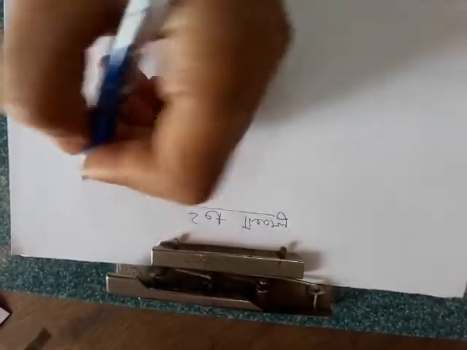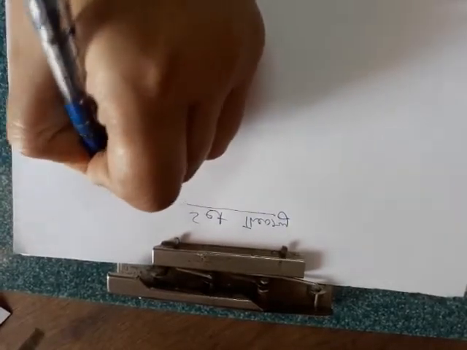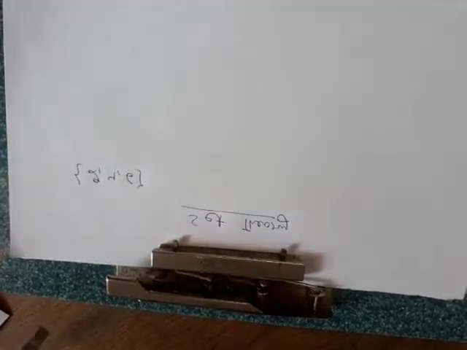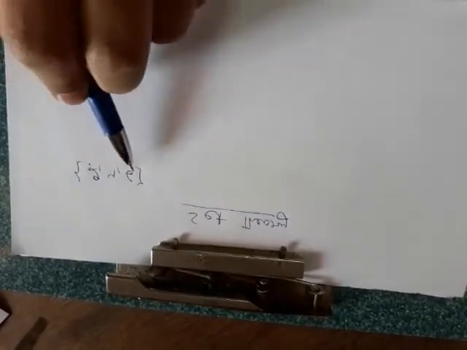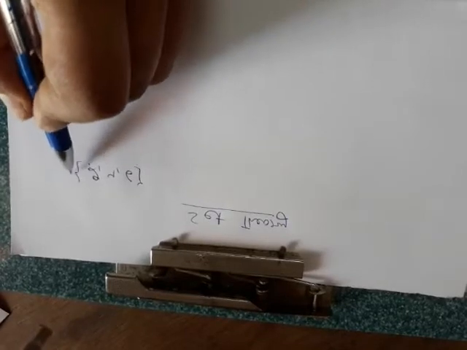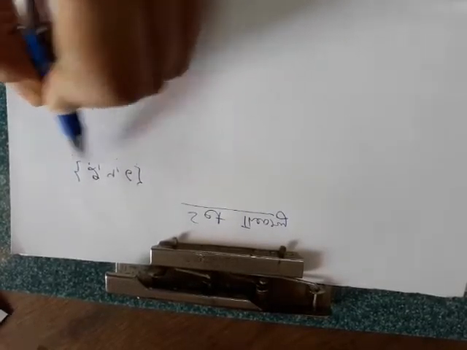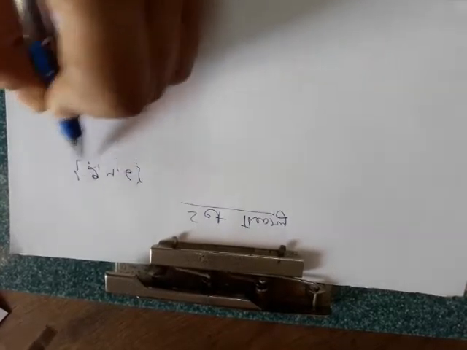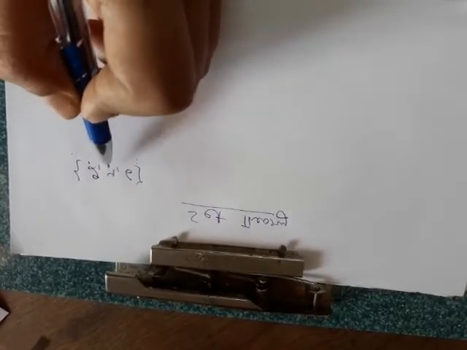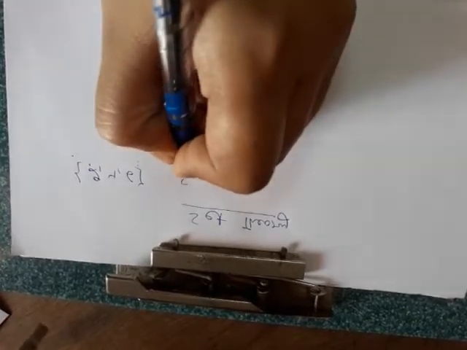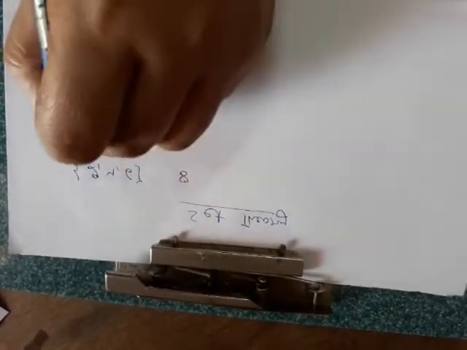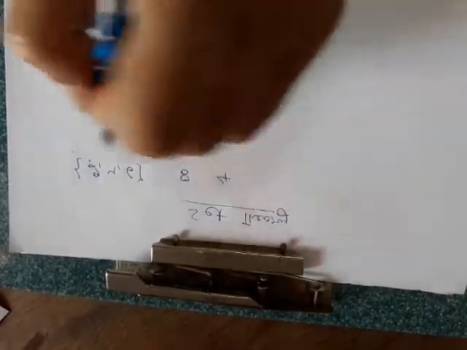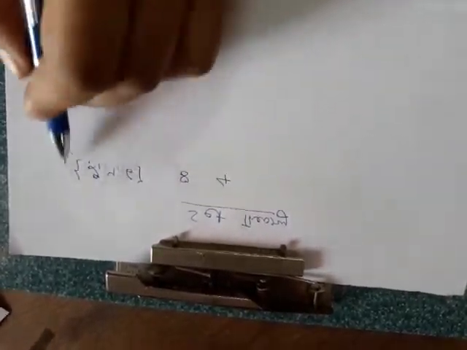For example, if I say I select numbers 2, 4 and 6. I have taken numbers 2, 4 and 6. I put the numbers in curly braces. We always use curly braces in sets. So this is collection of 3 numbers, number 2, 4 and 6. So if I talk about number 8, I can say that this number 8 is not in the set. If I take 4, I can say this 4 is in the set. So this is a well defined collection.